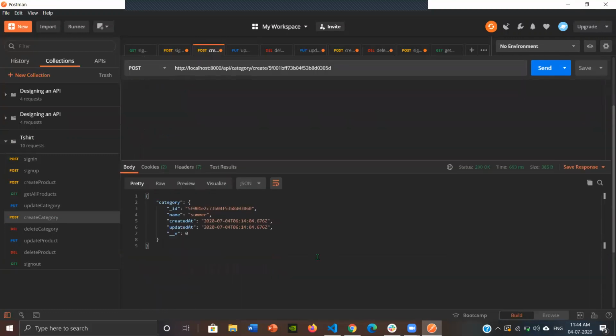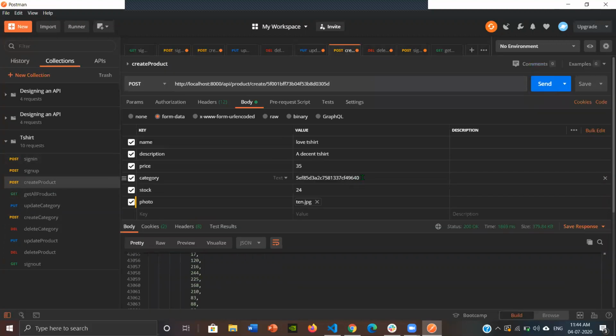So in this way, we have created a category, and for this category we have got an ID, which we can use while creating a product, so that the category can be set in the product. In the same way, we can use update category. This is the category ID we used during the product creation.